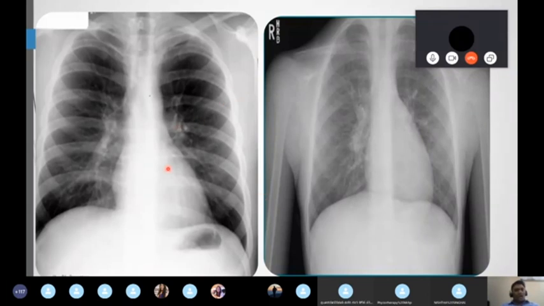Coming to the third point, the heart. I think everybody knows that in PA, the heart looks well-defined with sharp borders. But in AP, the heart looks somewhat big because the ray is hitting the anterior surface first. So in AP, the heart looks very, very big. Never comment about the heart in AP. If you want to say anything about the heart, the best way is to always look at a PA, because in PA the heart has well-defined borders. Now the fourth point is the gastric air bubble. Most commonly you see it only in a PA view. Gastric air bubble means air in the stomach, most commonly seen in a PA view, below the left diaphragm. But in AP we never see the gastric air bubble. That is a very, very important point to keep in mind.